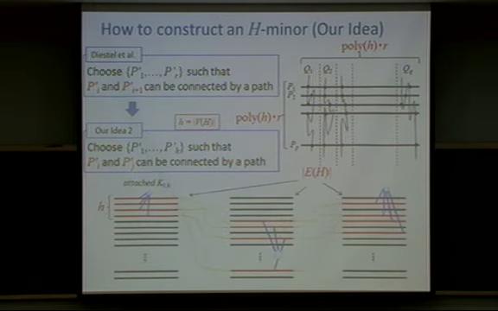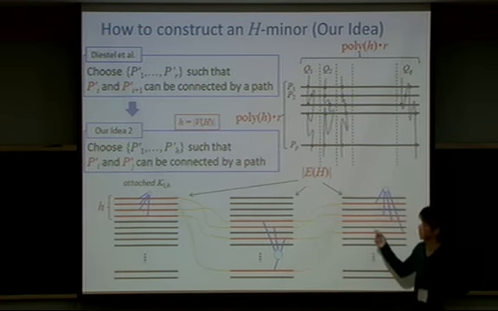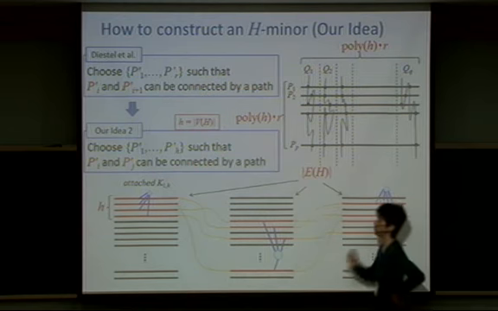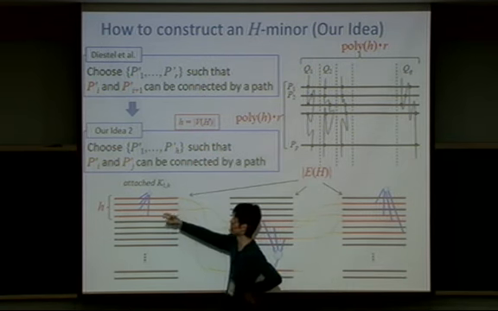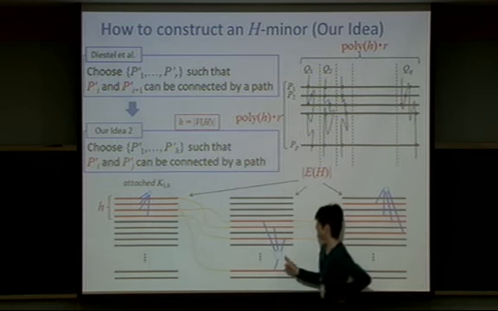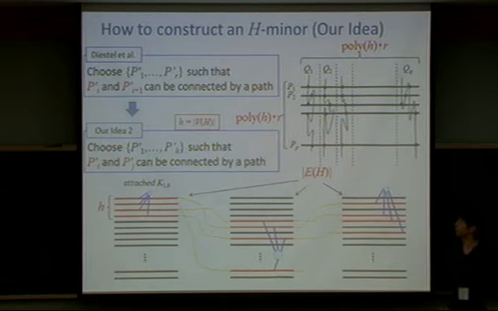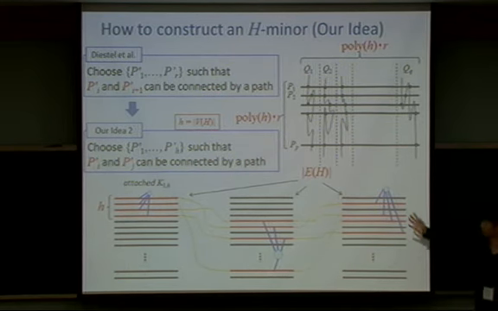So the remaining part is okay. So what we want is this structure. We want an H path here, and we want an attached K1H here, and we define the attached K1H and H path here, and so on. And if we find this structure, then we can easily find an H minor,